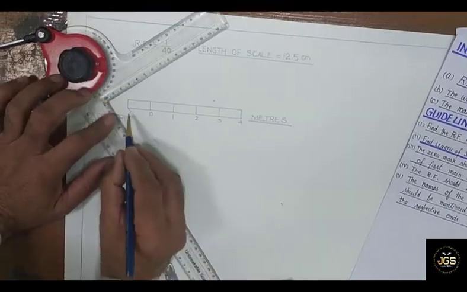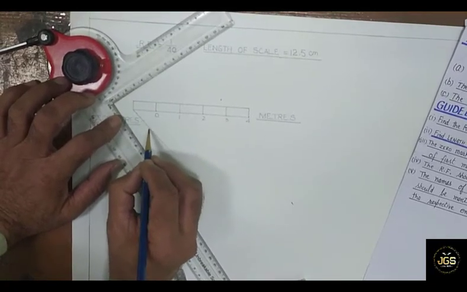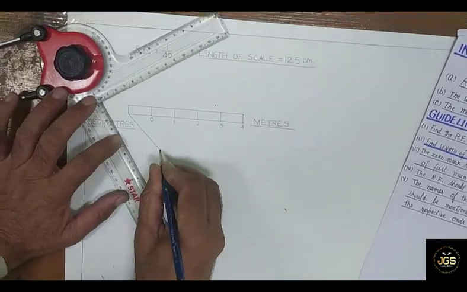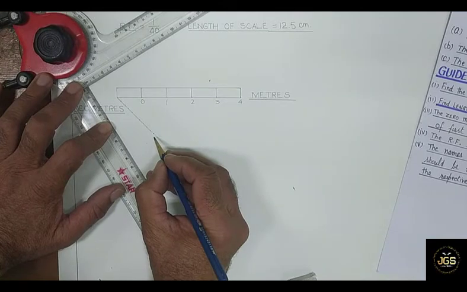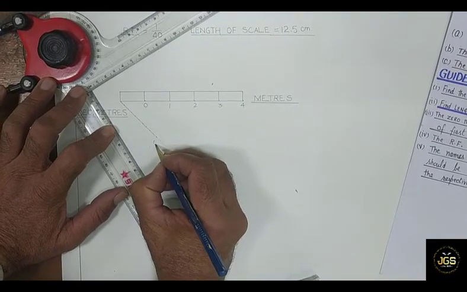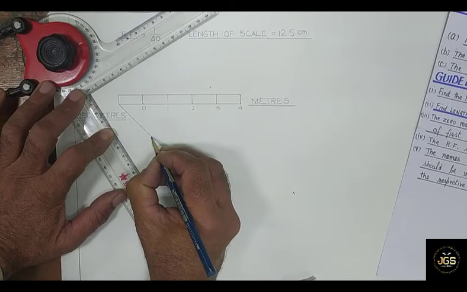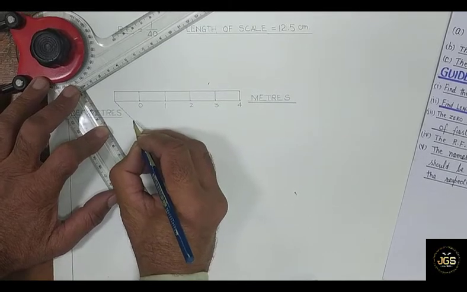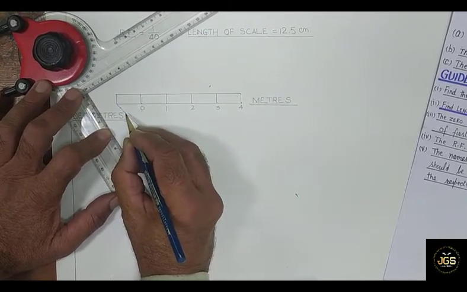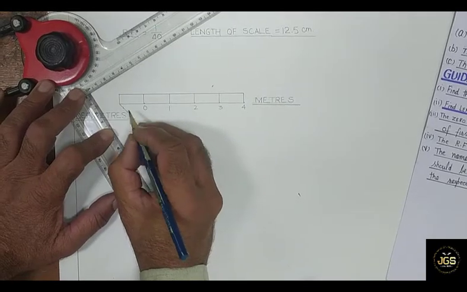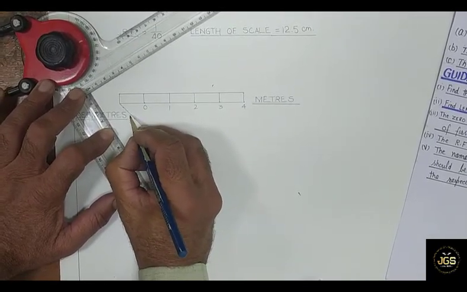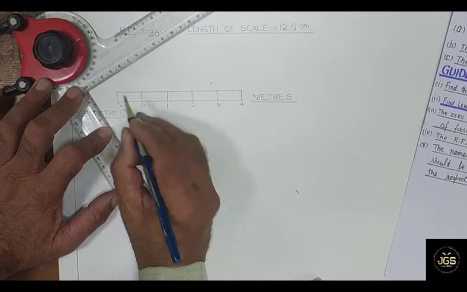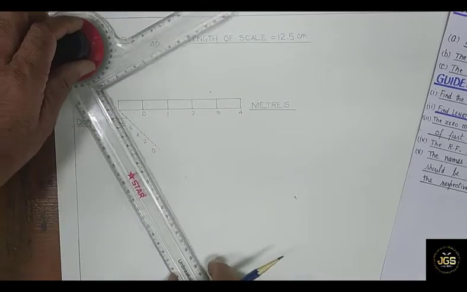So again you count this. First division, second, third, 4, 5, 6, 7, 8, 9, 10 up to here. So by dividing this line into 10 equal parts, you write down the 0 over here. This is your 0, 1, this is 2, 3, this is 4, 5, 6, 7, 8, 9, 10. This is the 8th division, 9, 10. Okay. So then you join the 0 to 0.